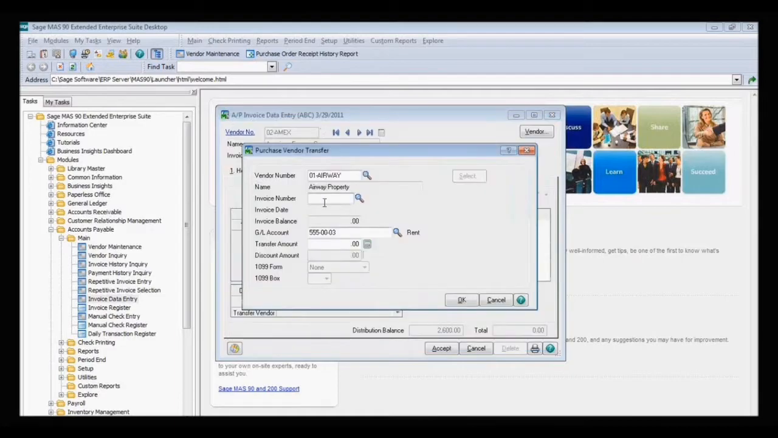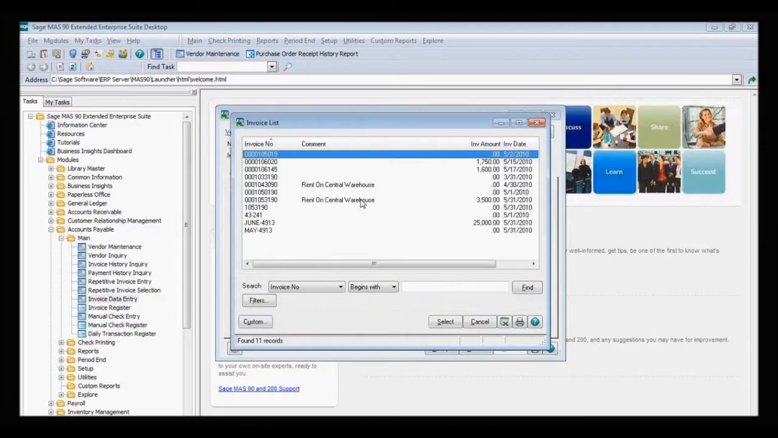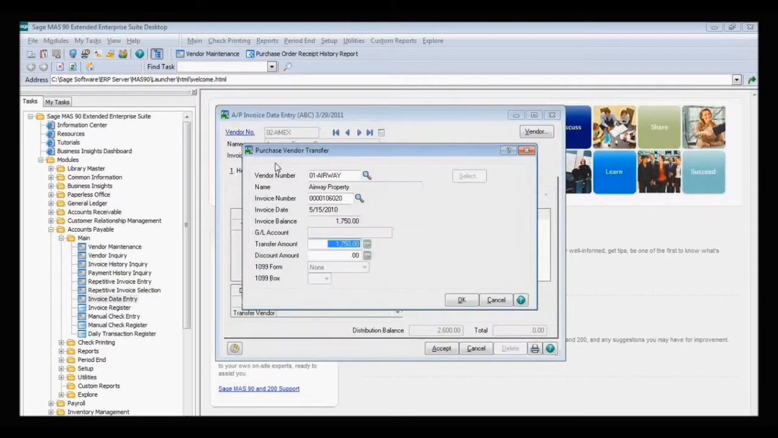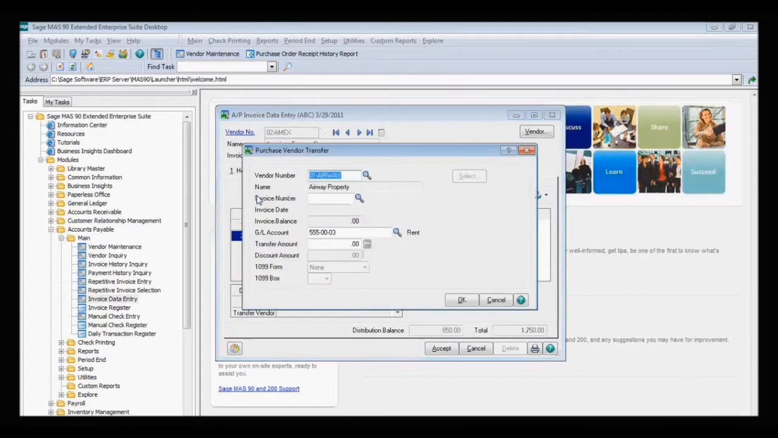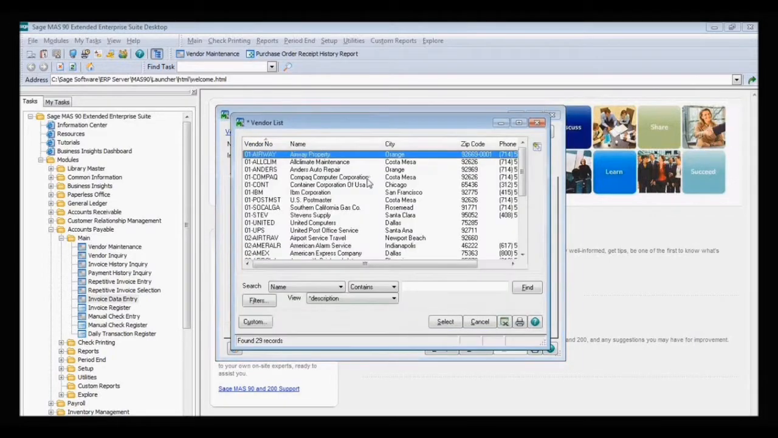I select, and here's the invoice numbers. This invoice, this top one for $17.50 was paid with this American Express card. So I say okay. Then I go to the next line and I go and select the next vendor that was paid. I just go back to my transfer information and now I'm going to search for the next vendor name. This name contains,